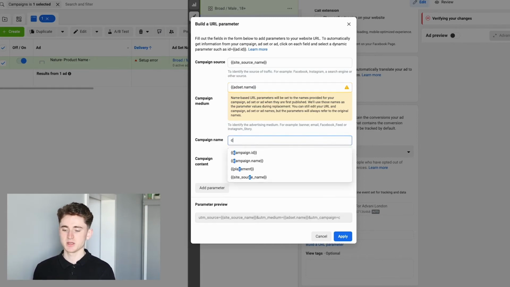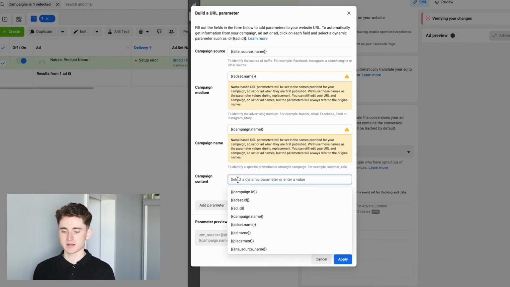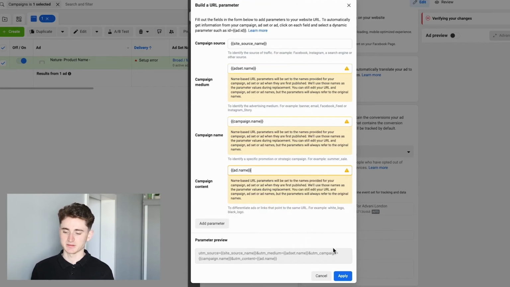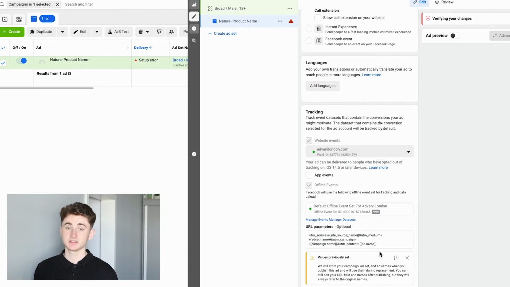For campaign name, it's going to be campaign name, and for campaign content, it's going to be ad name. We'll click apply, and that's it. Now your UTM parameters are applied, and they are going to work for you, and they're going to tag your campaigns and your ads. I also want to give you some tips when it comes to the ad creative,